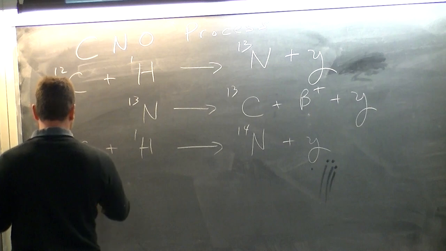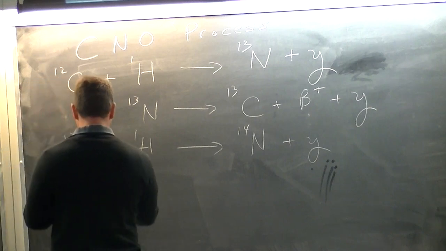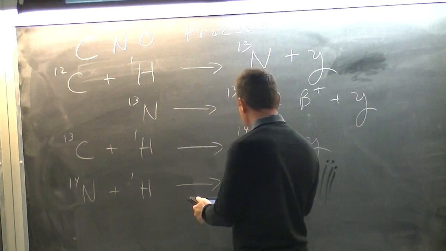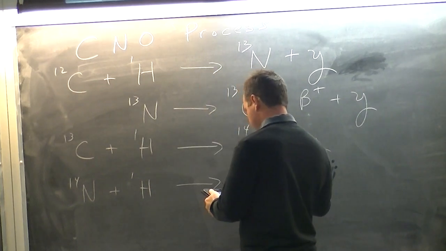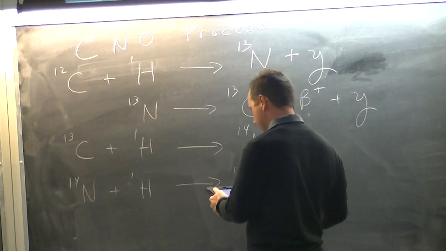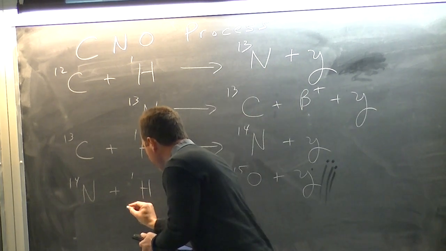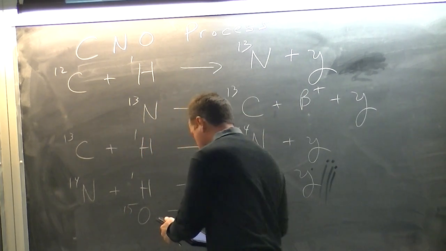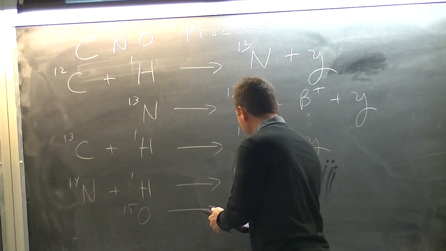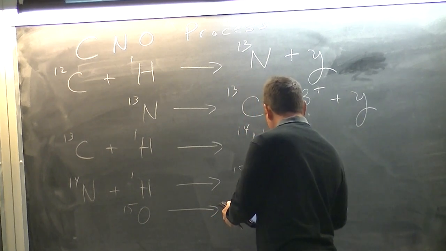That nitrogen-14 can combine with hydrogen to form oxygen-15 plus a gamma ray, and oxygen-15 can decompose into nitrogen-15 plus a beta